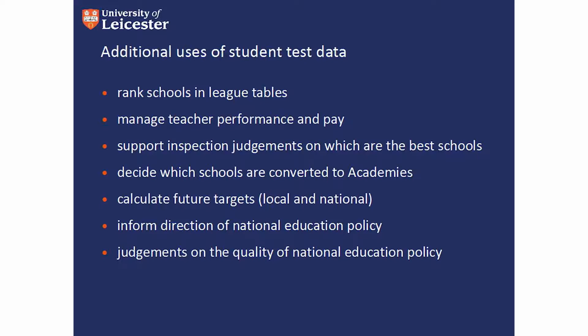Having said that, this is what the student exam data is used for in England. The list could be longer, but it wouldn't all fit on the screen. So not only does an individual student get an exam result, you've got an A in maths, an A star in English, a B in biology. They're also used for a whole range of other things. And this is where some of the issues come. I'm not arguing that exams are not good. I'm not arguing that it's not important to assess students. But we need to be cautious about how we use and interpret the data.